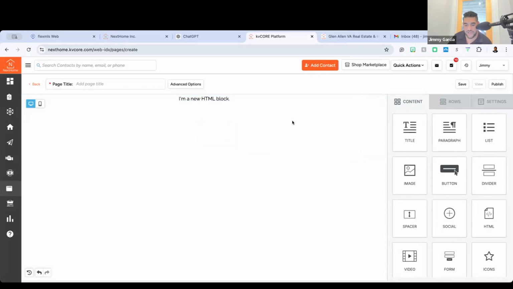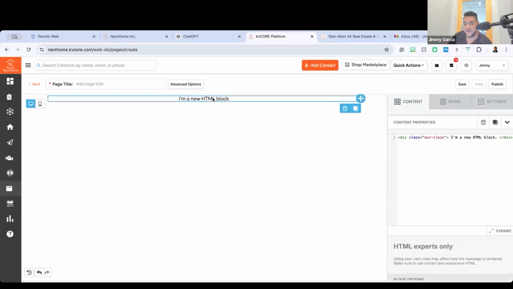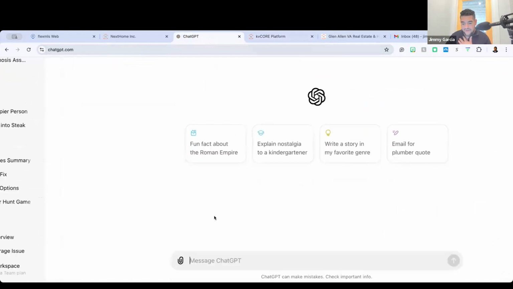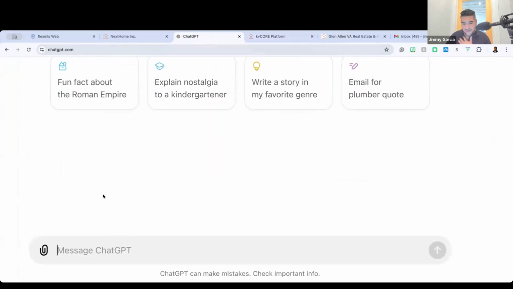Utilizing a tool like ChatGPT could really help you. So again, this might lose some of you here. What I'm doing is this HTML block where I could copy and paste custom code to develop a page to be whatever I want. And I'm going to do that not by coding it myself, by leveraging a tool like ChatGPT. So I'm going to go over to ChatGPT here now, and I'm going to go down here, and I'm going to give it the prompt, okay?